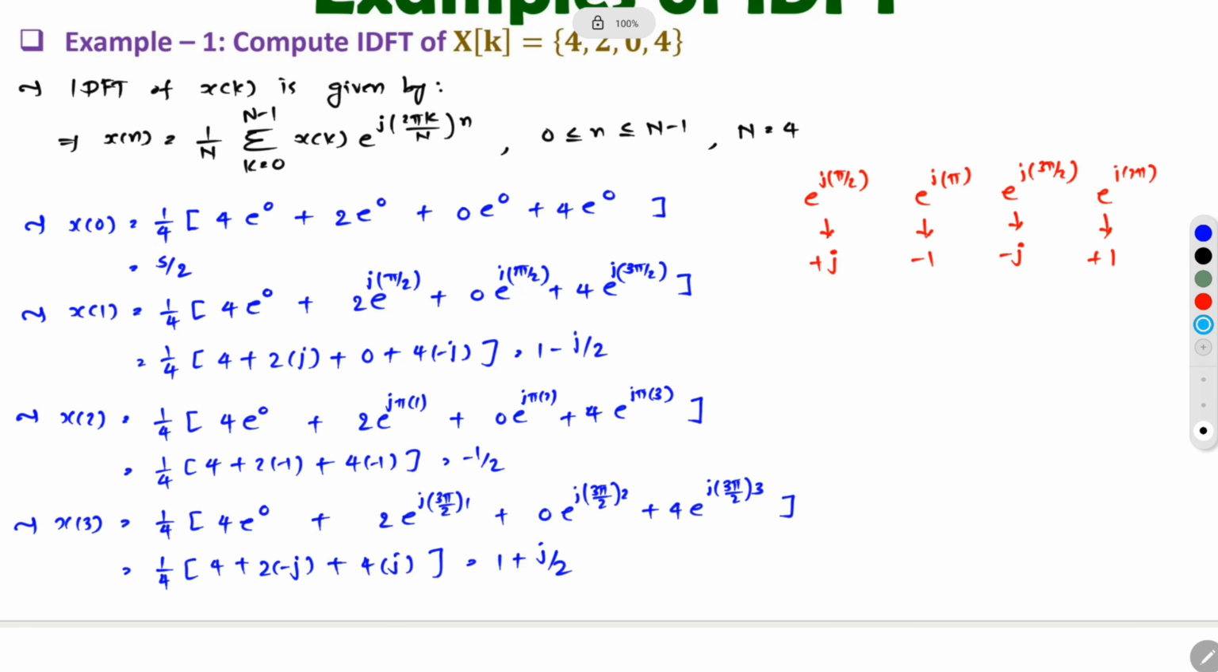So my final answer is x of n, where first element is pi by 2, second element is 1 minus j by 2, third element is minus half, and fourth element is 1 plus j by 2, and the sequence is starting from x of 0, which is pi by 2. So here there should be an arrow. Right. So that is how